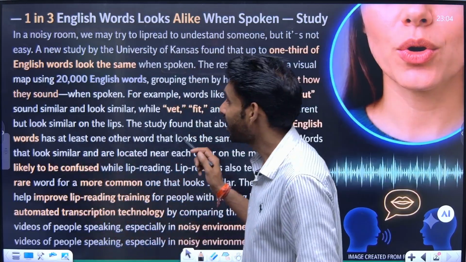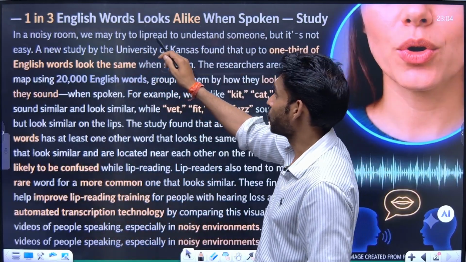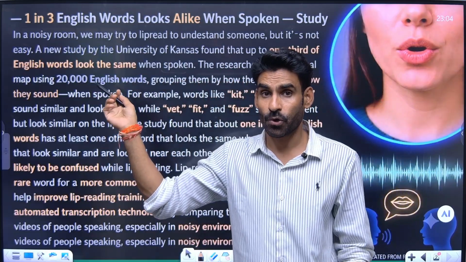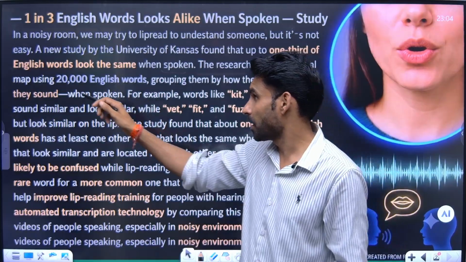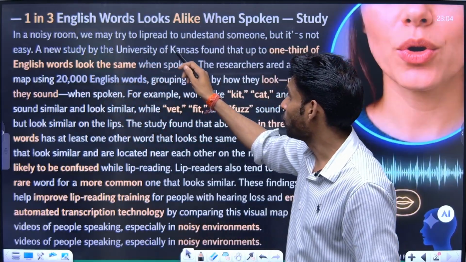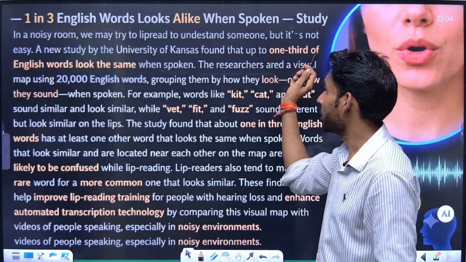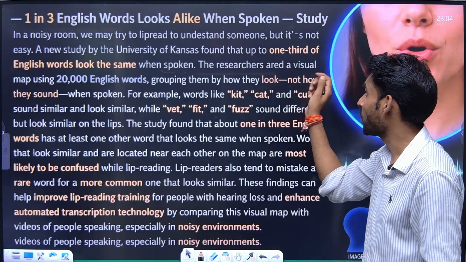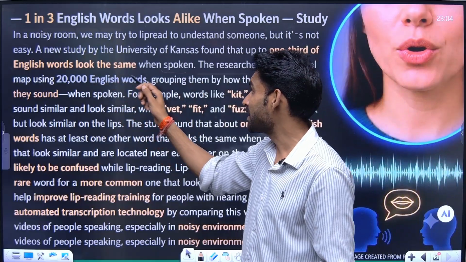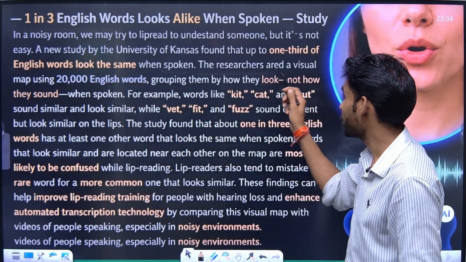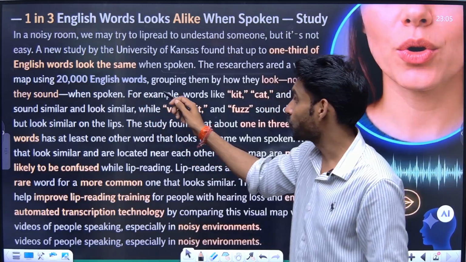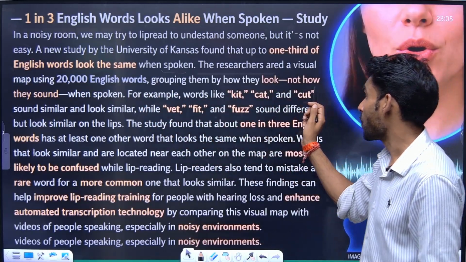Let's go on. So, 1 in 3 English words look alike when spoken. Study. This is the topic we have, and now we are going to read the main topic. It says, in a noisy room, we may try to lip read to understand someone, but it is not easy. A new study by the University of Kansas found that up to one third of English words look the same when spoken. The researchers read a visual map using 20,000 English words, grouping them by how they look, not how